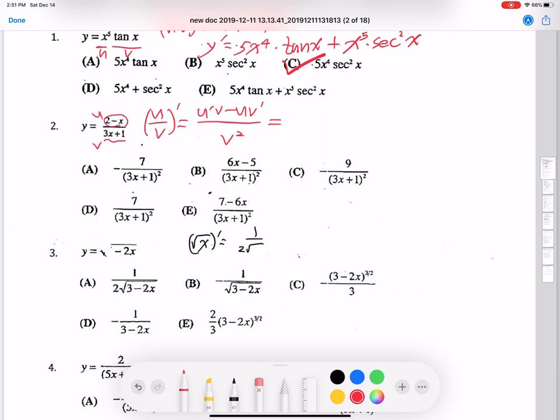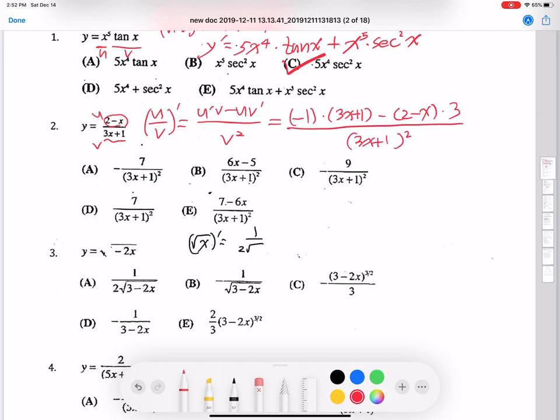By this formula, u prime, the derivative of 2 minus x, is negative 1, because the derivative of any number is 0 and the derivative of negative x is negative 1, right? So u prime v is negative 1 times 3x plus 1, minus u, which is 2 minus x, times v prime, the derivative of 3x plus 1, which is 3, all over 3x plus 1